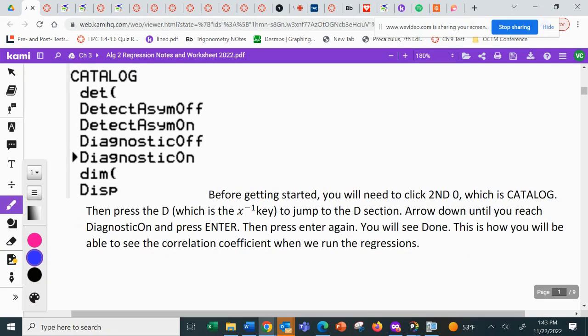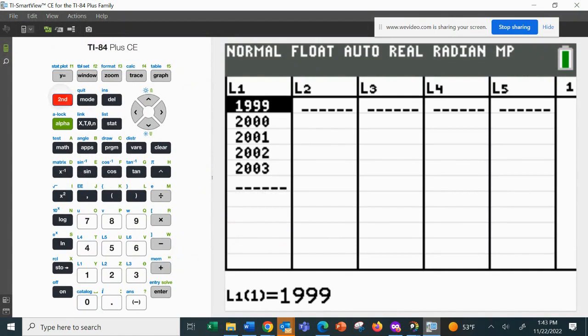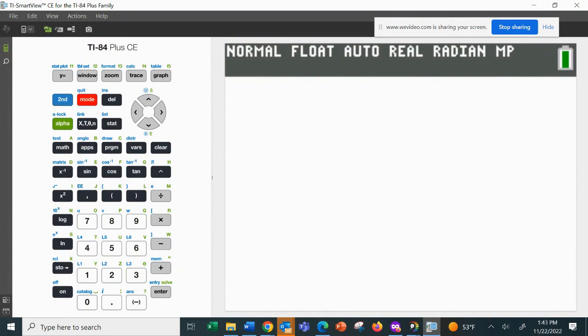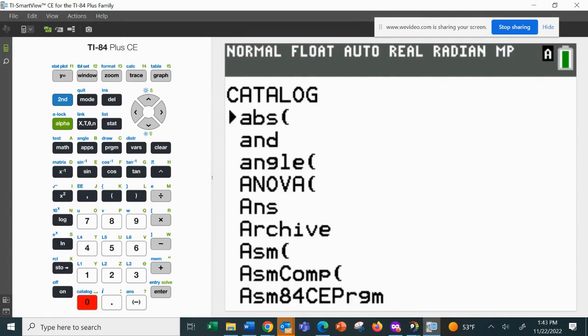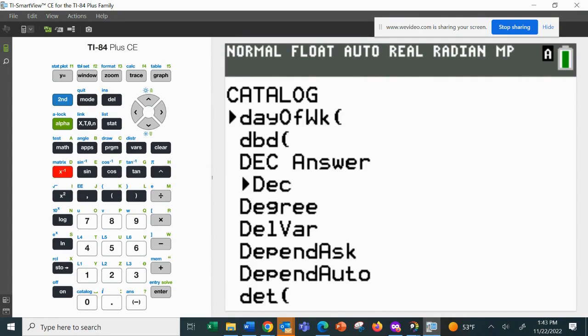You will need to click second, then zero, and that's catalog. After that, you're going to click the X to the -1 button that has a D at the top of it, and it jumps you to the Ds. And then you're going to arrow down until you find